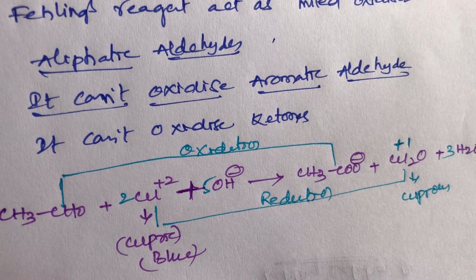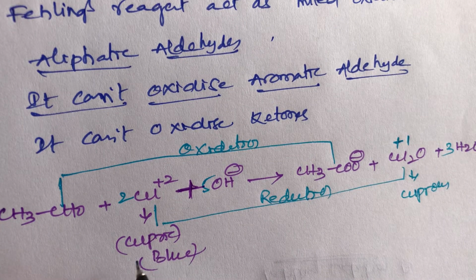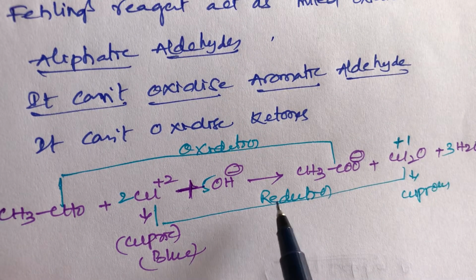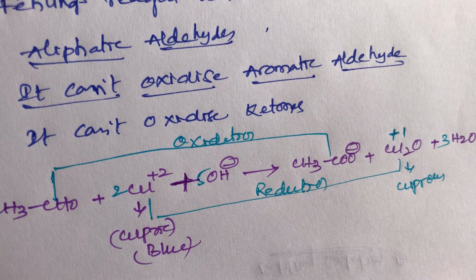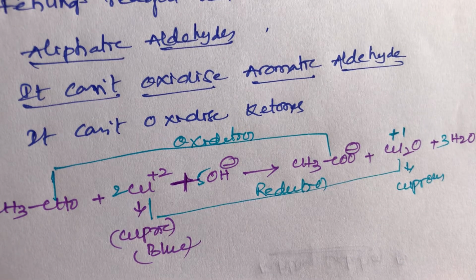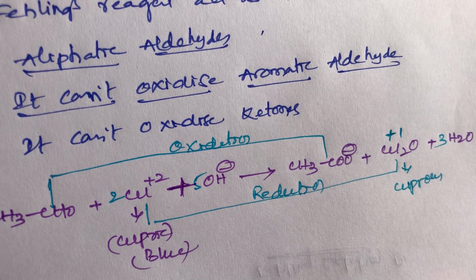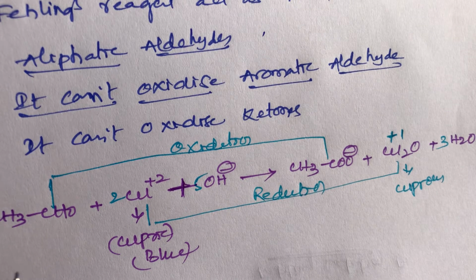So when Fehling's reagent oxidizes aliphatic aldehydes, these aliphatic aldehydes are converted into aliphatic acids, that is, the aldehyde group is converted into an acid group. This is the simple trick, students. In this reaction, the cupric ion is converted into cuprous, that is called reduction. In this reaction, students, copper is reduced. Cu plus 2 is converted into Cu plus, that is called reduction, but the aldehyde is converted into an acid group, that is called oxidation. This is very, very important, students. This is the simple trick. This is the chemical reaction of Fehling's solution, students.